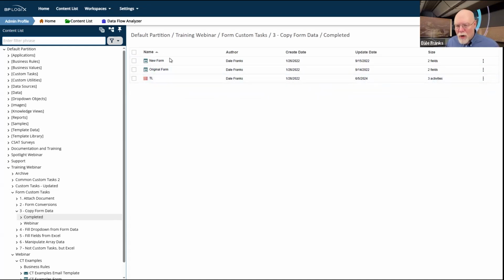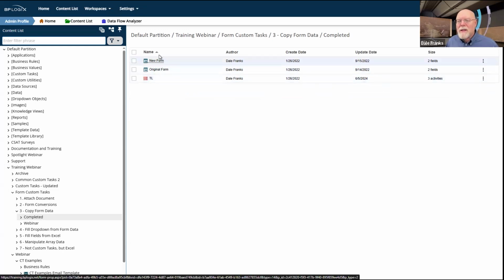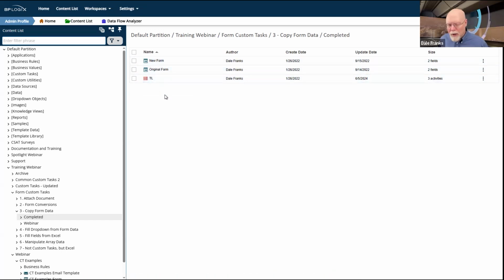I have two forms and I've got a process timeline. And at some point, I want to swap my original form for a new form. But I want to copy some data from that original form to my new form. Now, I do have a couple of ways of doing this. Normally, I would not implement this in such a simple way.